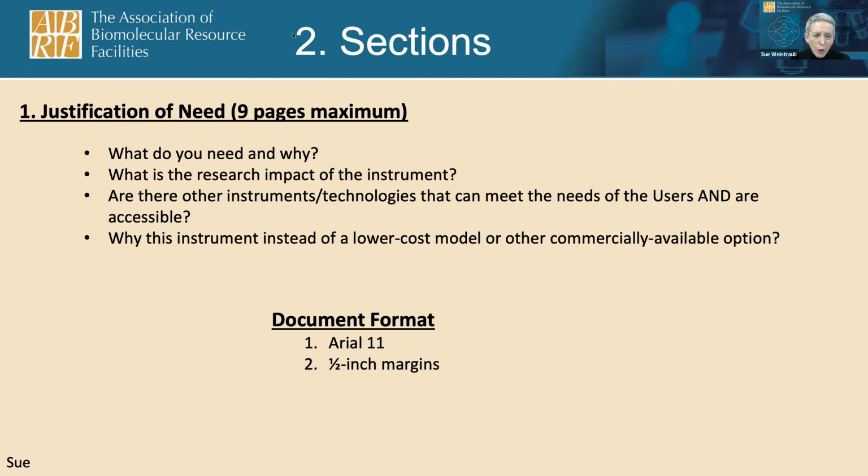And you want to make it in your terms, not just copy out the marketing wording that the company has and list some really arcane detection limits that aren't pertaining to your own core and your users. And we can answer more about this at later times. So this justification sets the stage for why you need it, and it's got to be convincing. This is particularly a section you may want to have some friends read after you've put it together and ask, are you convinced that we need a new piece of equipment?